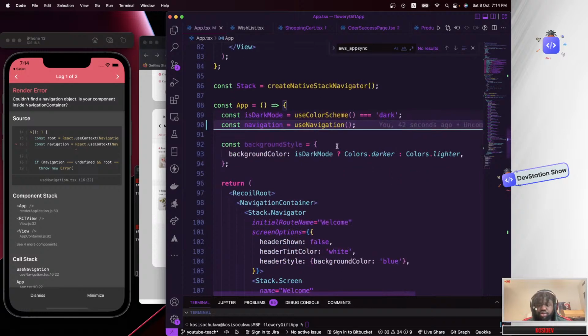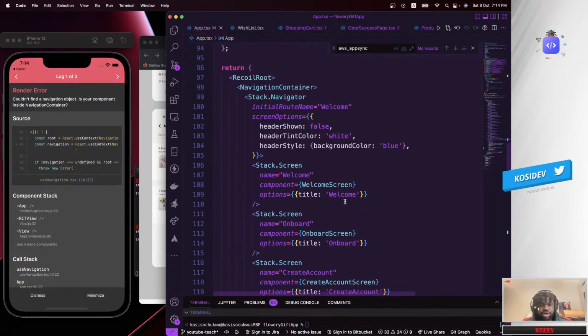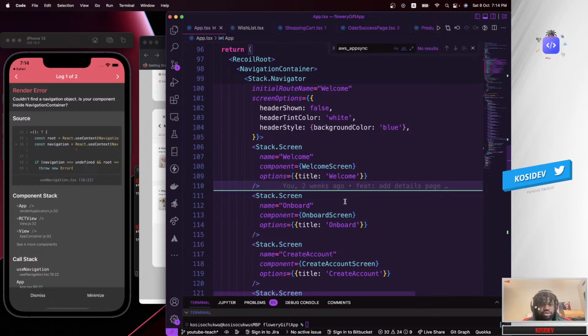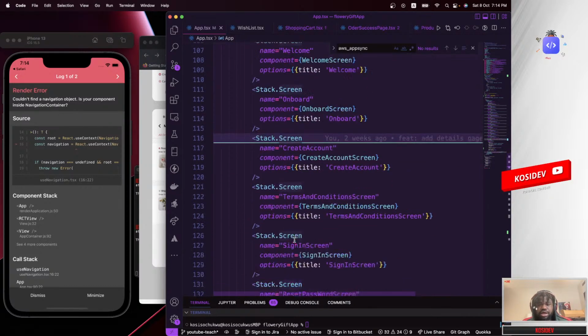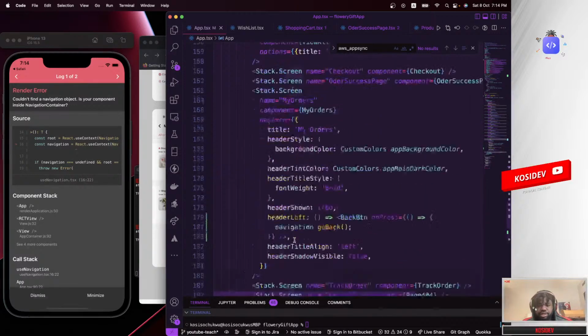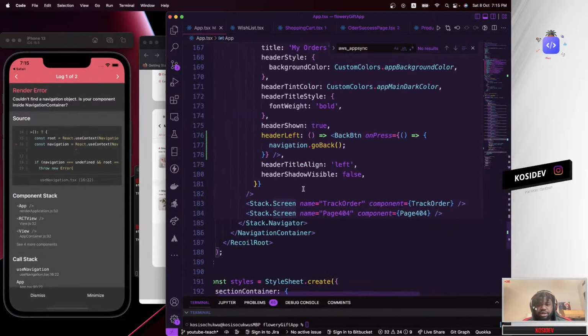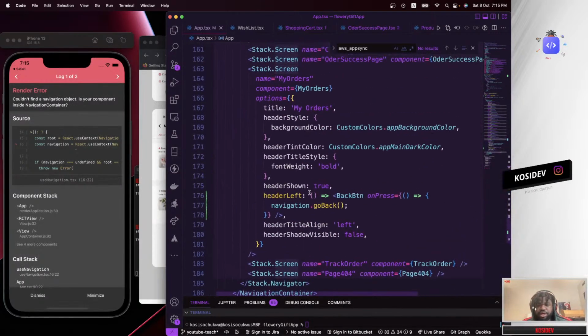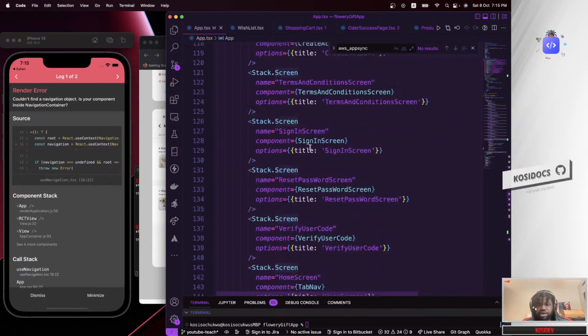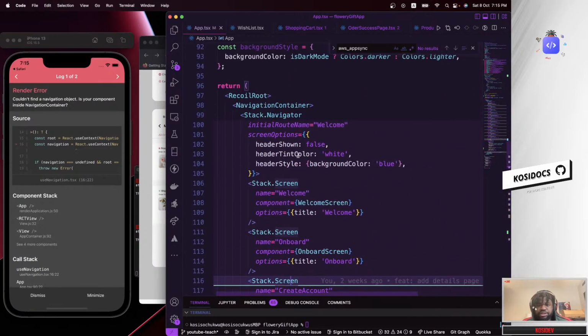Okay. So we're using the useNavigation right here, but the issue is it says it couldn't find a navigation object. It's a component inside a navigation container. I think that's because we are having this in here inside our stack navigator.